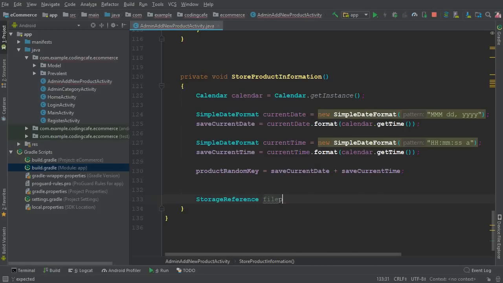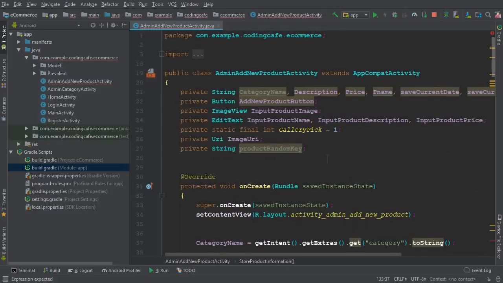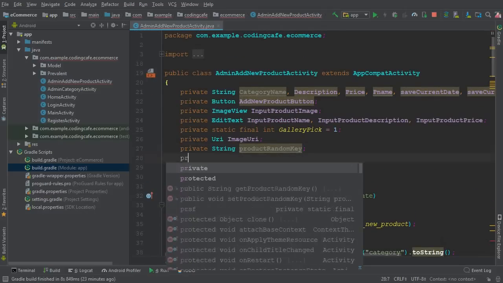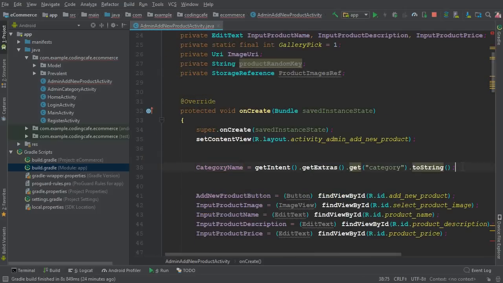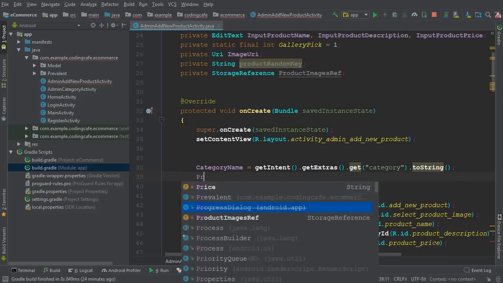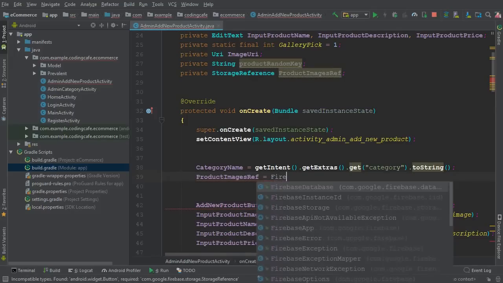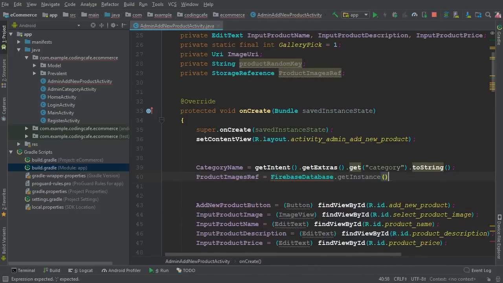Let's give it a name as filePath, and first of all come here above, and here we can say private StorageReference. We are going to create a folder, by using the storage reference in Firebase storage, and inside that we will add all our product images. So we can say productImagesRef, which means reference. And after this category name, here we can say productImagesRef equals to FirebaseDatabase.getInstance().getReference().child,